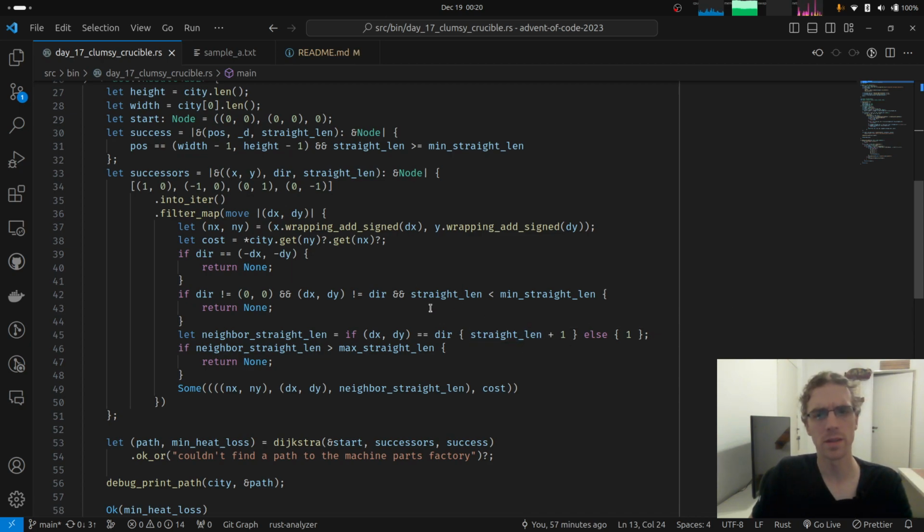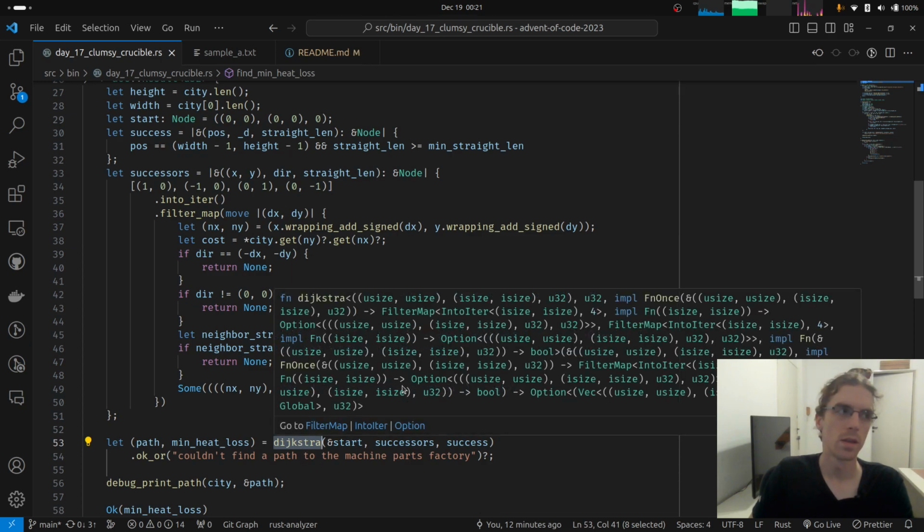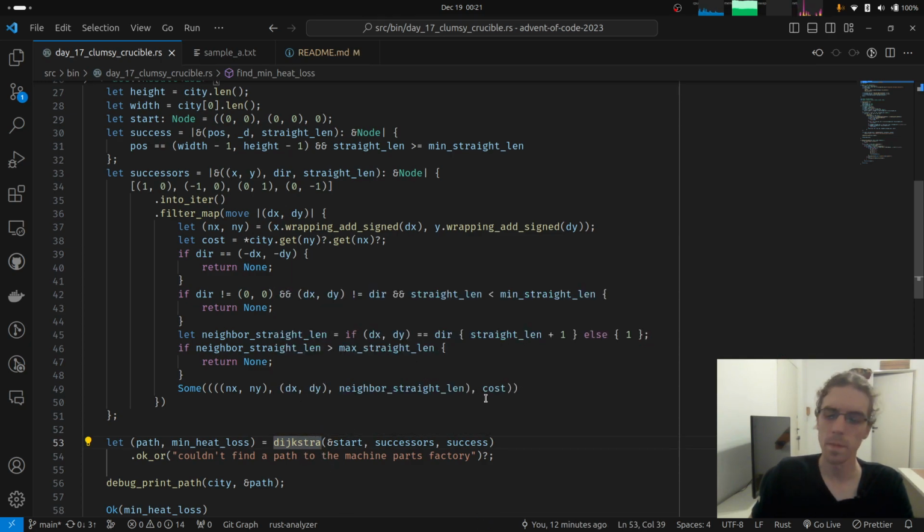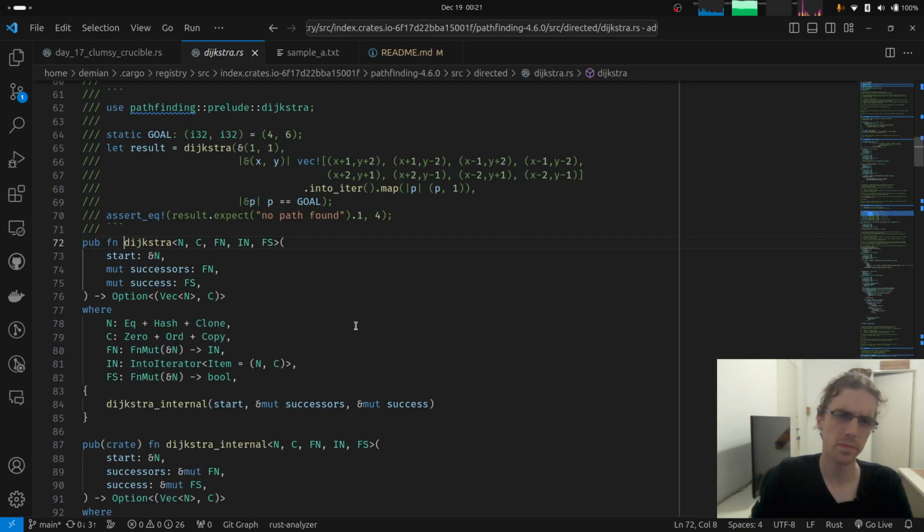Like probably using my own Dijkstra algorithm to optimize things a bit better, because one of the problems with, now I sort of remember, this crate is trying to be as generic as possible, because of course it's a generic pathfinding crate, and in order to do so it tries to put the least restrictions on the types, your nodes basically.